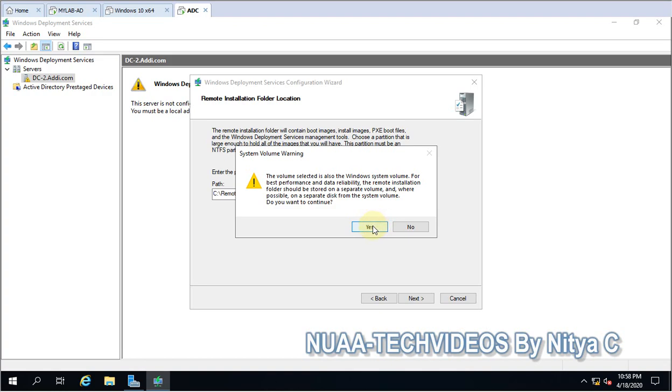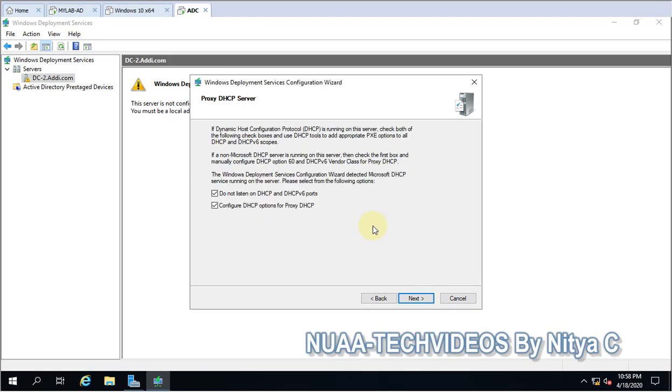But I don't have an issue because this is a test infra. Select do not listen on DHCP ports, and configure DHCP options. Next is proxy. I don't have any proxy settings, so I'll remove all of these, and this is for DHCP v6 ports, and I don't want those also.